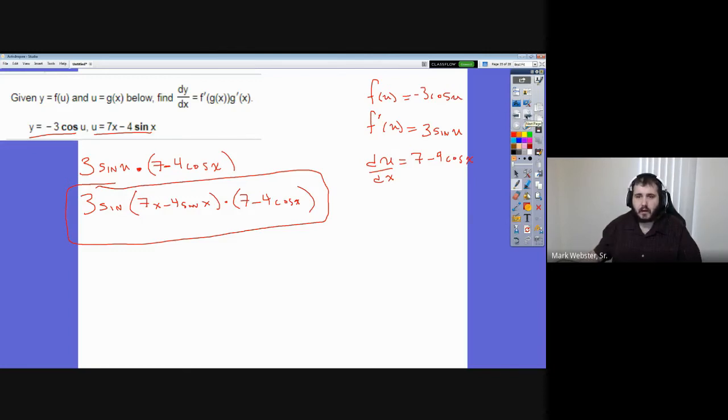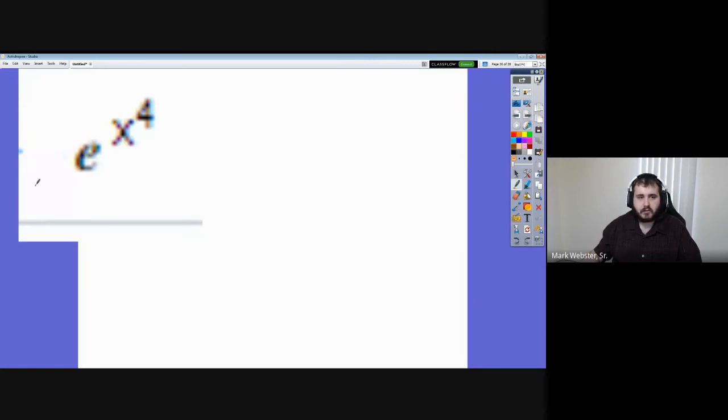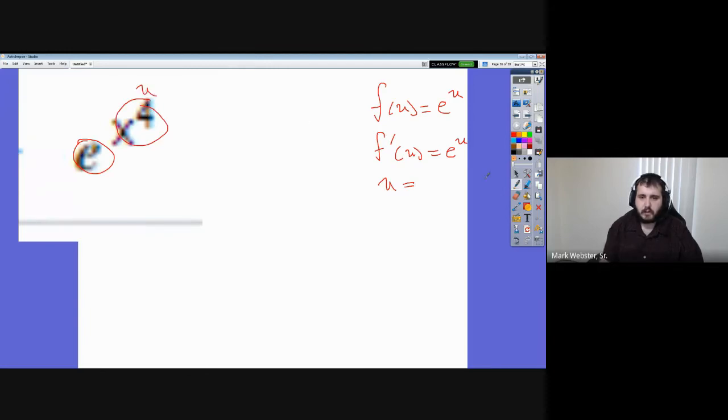We've got a lot of these, but let's look at this one again. This is something like what we talked about earlier, right? I want to be able to find the derivative of e to the x to the fourth. So our basic function here is our e function, right? The derivative of that is just the same thing, right? And the reason we're doing this is because we want to have u be x to the fourth, right? That way we can take the derivative of that,